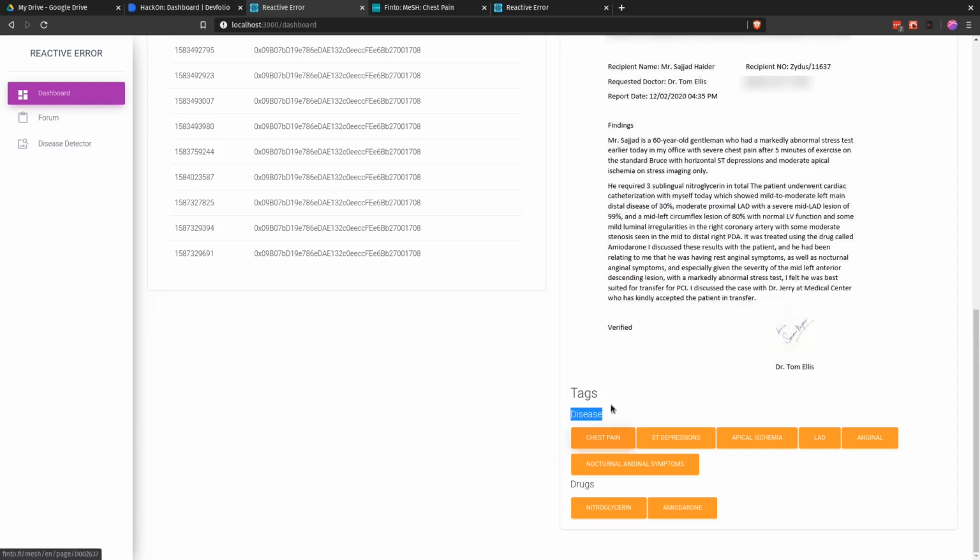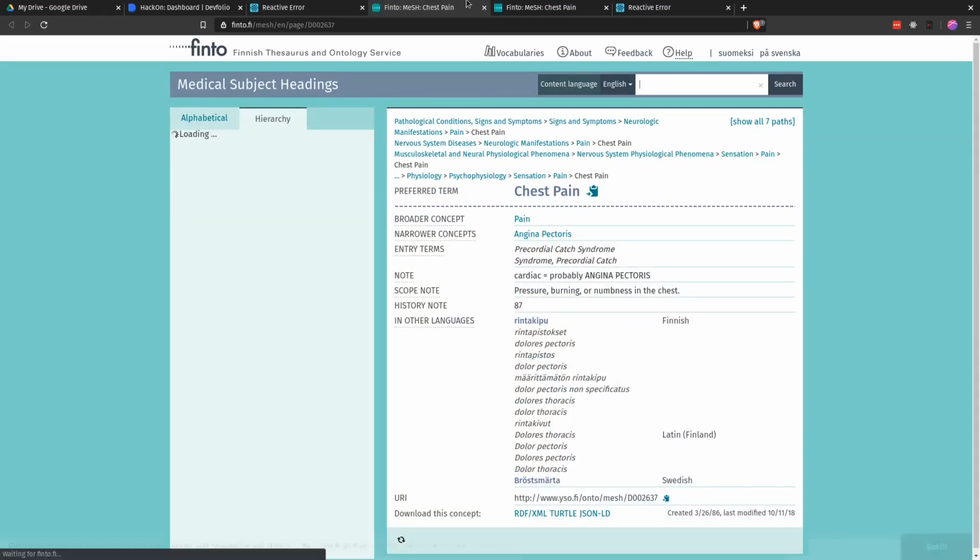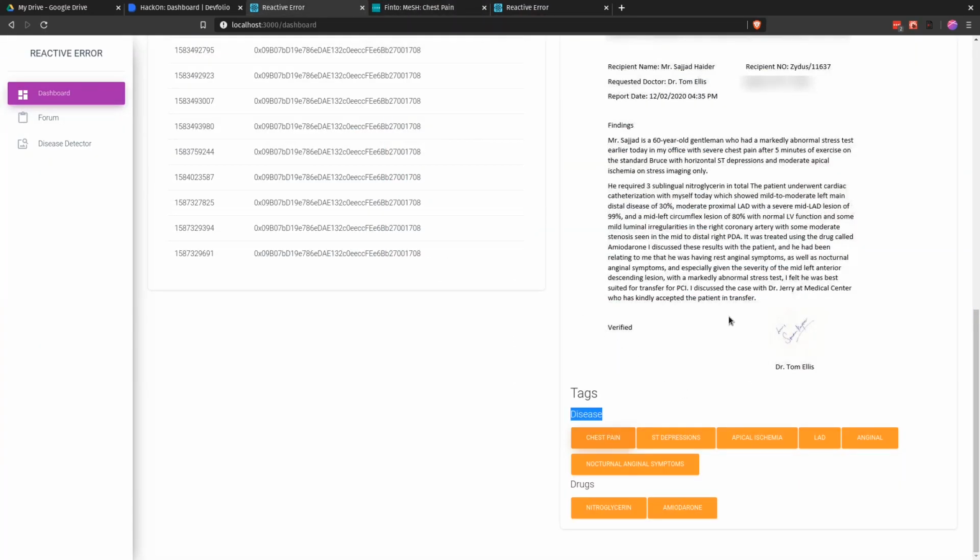Under the hood, each of the symptoms that our model recognizes has a MeSH ID along with it. MeSH is a medical ID system which is used to track different symptoms. We extract the names from the report and get the MeSH ID from it.